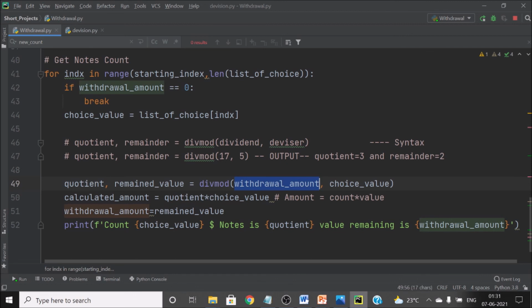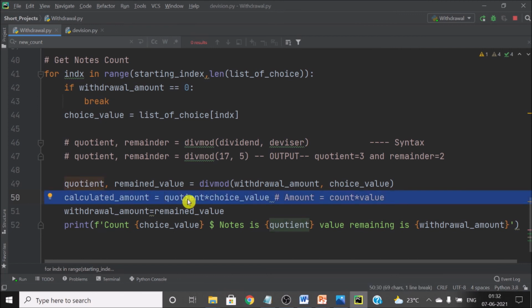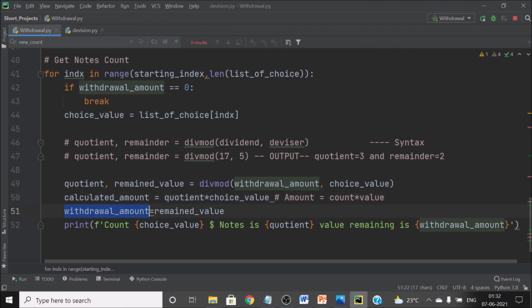So I will be dividing the withdrawal amount by the choice value, and then the count or the quantity will go into this variable, and the remaining amount will come into this variable. Then again I calculate how much count we have calculated already, and how much is remaining. The remaining will be assigned to the withdrawal amount because we have to check the withdrawal amount again and again here.